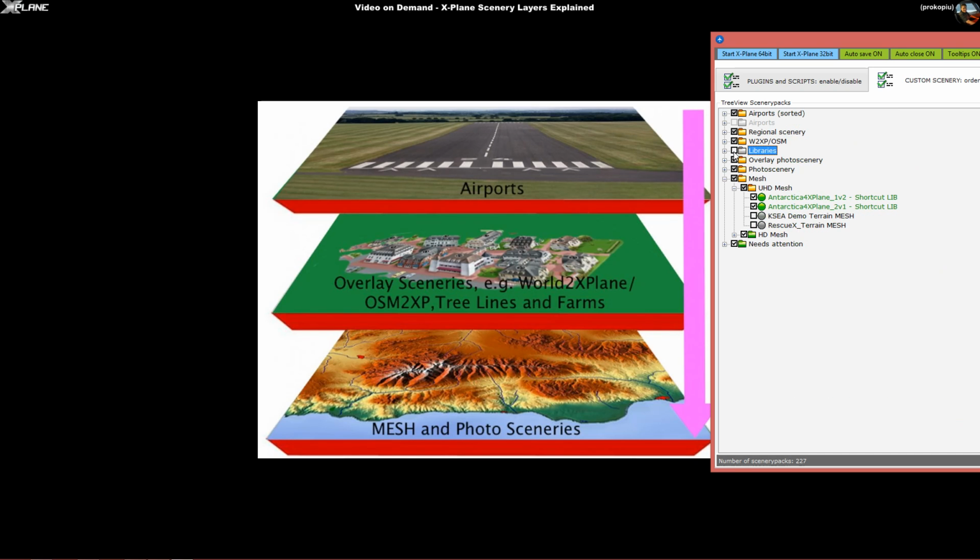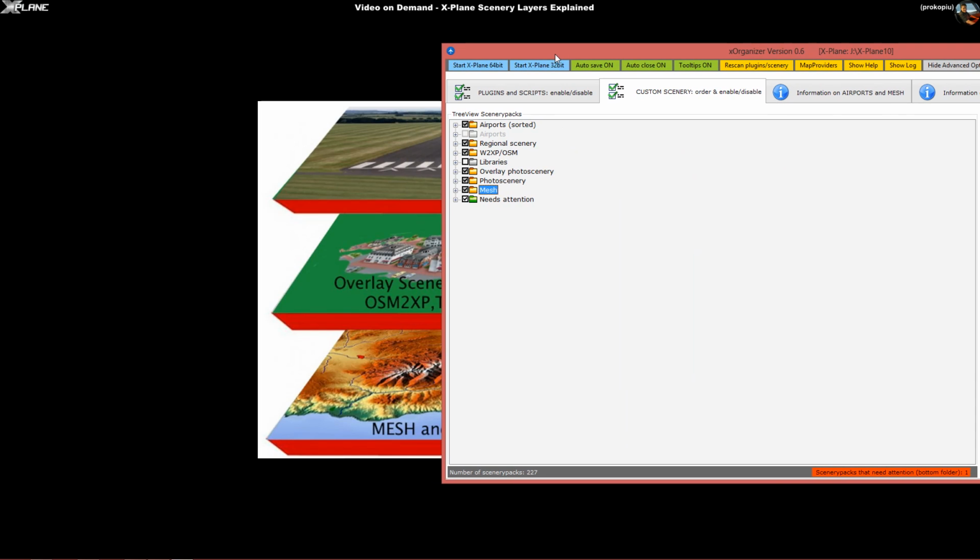So that's about it about the XP scenery layers. I hope that helped. And this tool here, I've shown it before, but what I really find great is